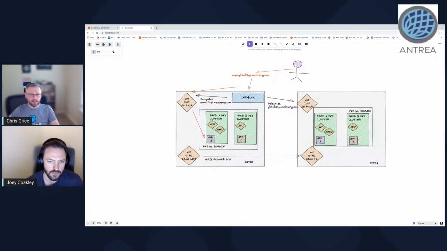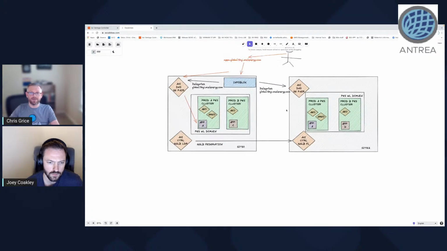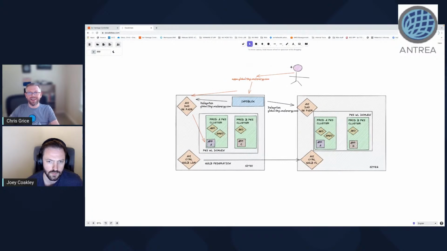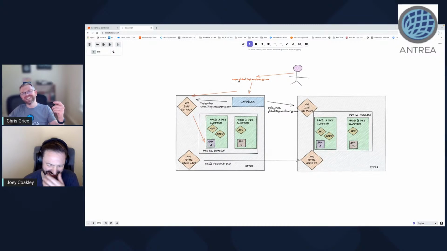And so when I deploy my application into cluster A in site 1 and cluster A in site 2, AMKO is building that GSLB virtual service between these two applications. And so the pool members for this application are the individual ingresses. If you can see here, my purple-headed stickman, I should have said that, he's talking to